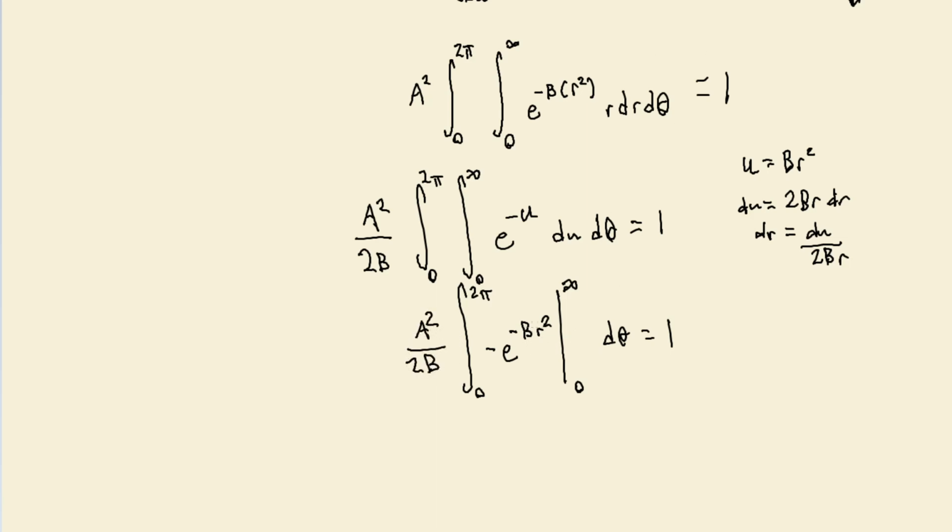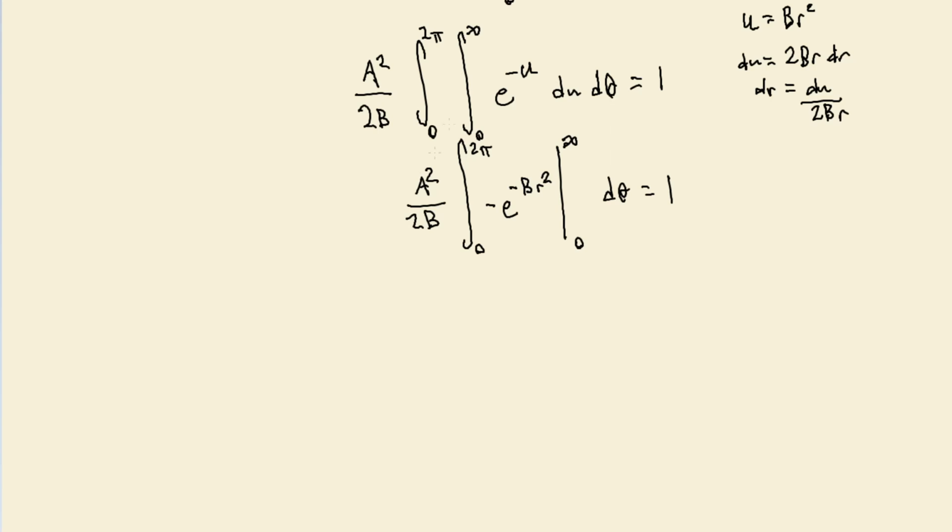And so what's the limit of this as r goes to infinity? Well, this is going to be e to the negative infinity, essentially, so that's just 0. And so this is just 0 minus, and then what are we going to have as this goes to 0? Well, e to the 0 is just 1, and so we have this negative out front. We get negative 1. And so this is just going to be equal to 1. I'm just going to write that now. So this whole integral is just going to evaluate to 1, and then we're integrating from 0 to 2 pi